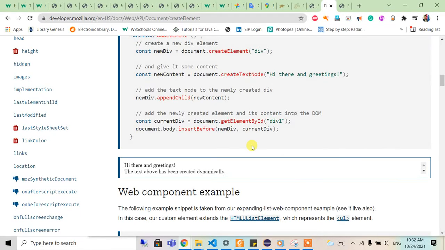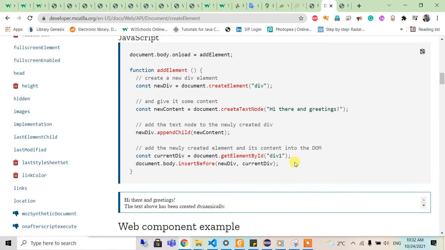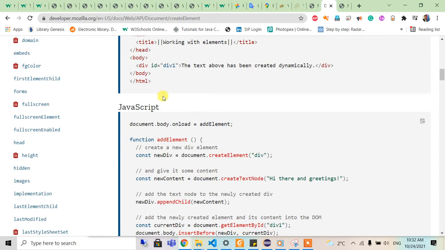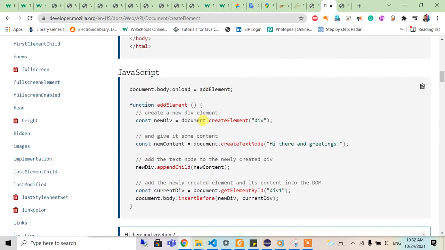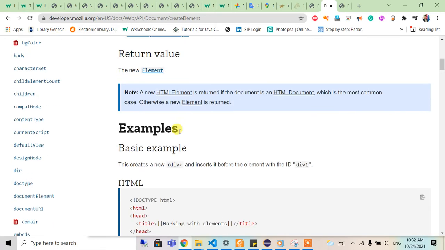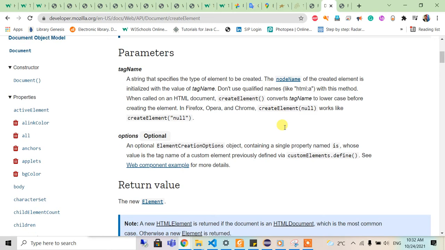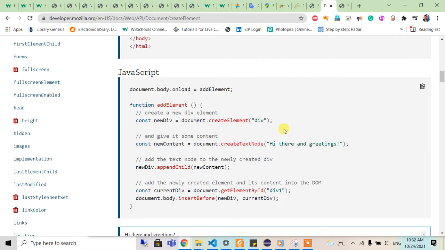Hello everyone, we are going to have dynamic text in our HTML. We are going to make it happen by using JavaScript and HTML. For that we are using documentation like document.createElement and getElementById, and we are going to add some dynamic text into our